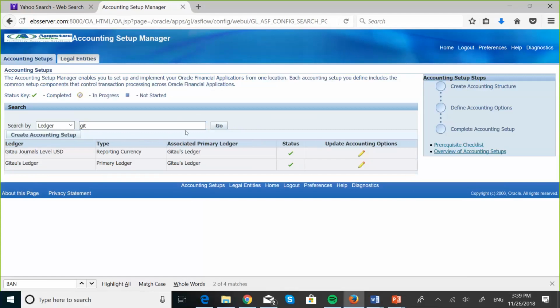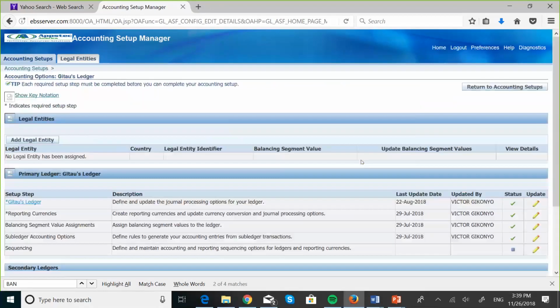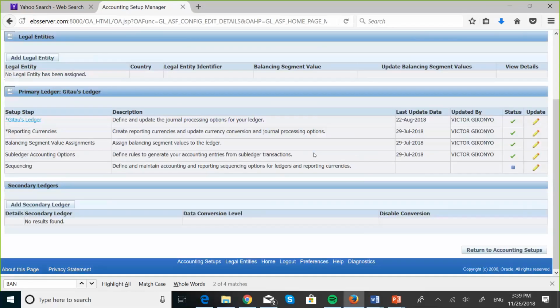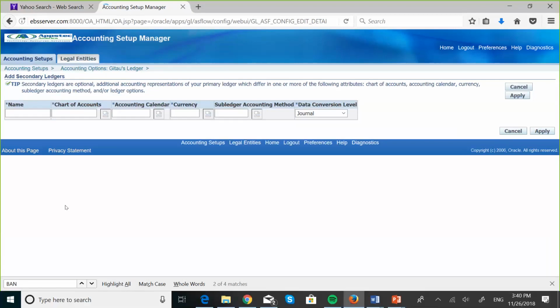So these are the ledgers, right? We have the primary ledger, and we have a journals level reporting currency ledger for Getao Enterprise. So let's select the update accounting options. So what do we do when we want to create a secondary ledger? We go down here, and you can see the secondary option header here, and we click on add secondary ledger. So once you do that, this is the